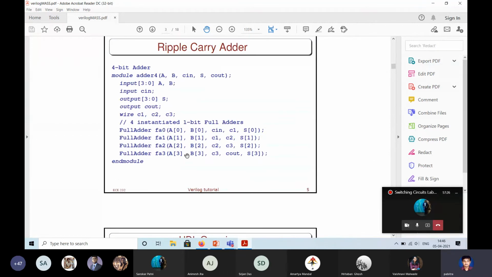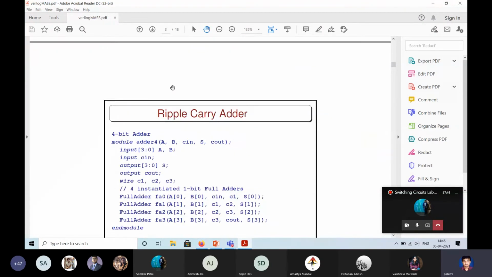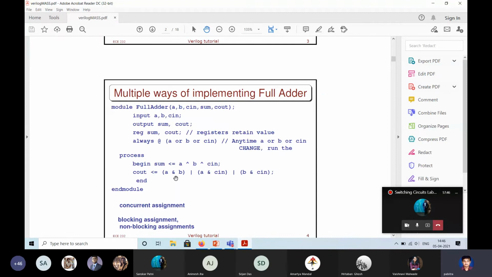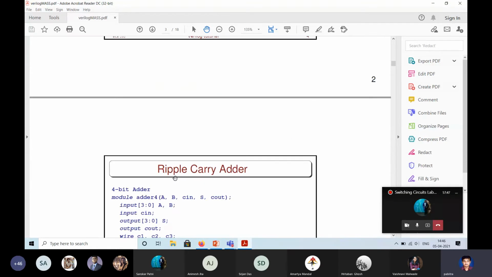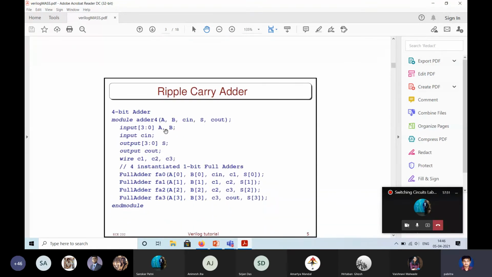Now let's see how we can call one module from another module. So I have a 4-bit adder. Adder4 is the module name. Note one thing: earlier we had A, B as single bits. Here they are vectors with indices 0 to 3.